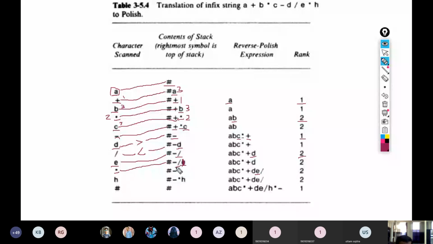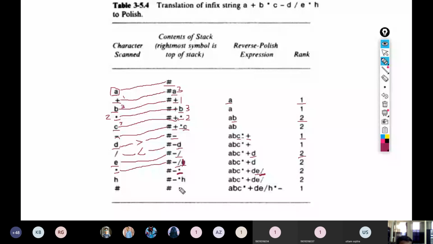So this division also will be popped and appended to the Polish expression, and then this multiplication operator will be pushed to the stack, because the precedence function value of asterisk is greater than this minus, so minus will not be popped.